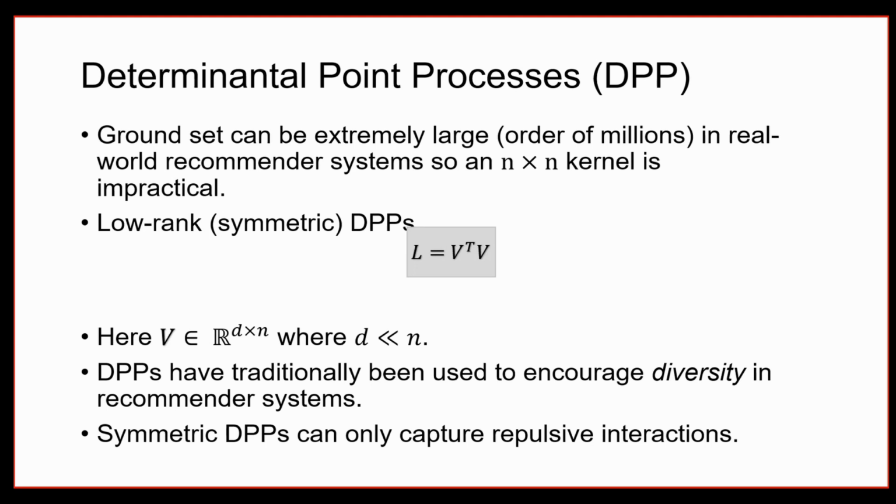So you only want to select size k subsets where k is less than d. Let's say I have a rank D matrix, L has this rank D decomposition. You're saying that the determinant of submatrices of size above D will be 0? Above D, I think it will be 0. Yes.